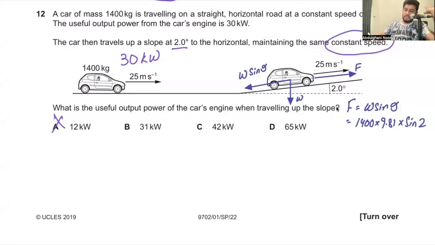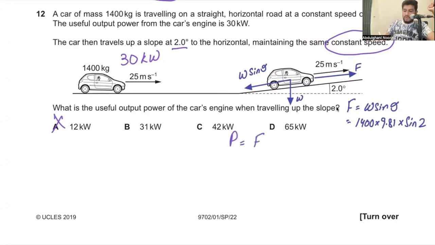See, this is the force that the car needs to apply to counter this weight. पहले एयर रेजिस्टेंस अलग, बाकी सब चीजें अलग. ये तो सिर्फ जो अब ये स्लोप पे आया है ना, उस वेट को, उस इंक्लाइन को काउंटर करने के लिए इतनी एडिशनल फोर्स लगानी पड़ेगी उसको. तो अब हम क्या करते हैं? अब हम इसकी पावर निकाल लेते हैं कि ये एडिशनल फोर्स के लिए कितनी पावर चाहिए.